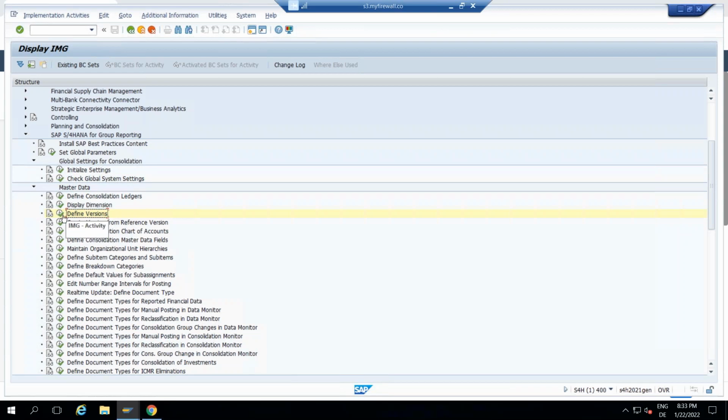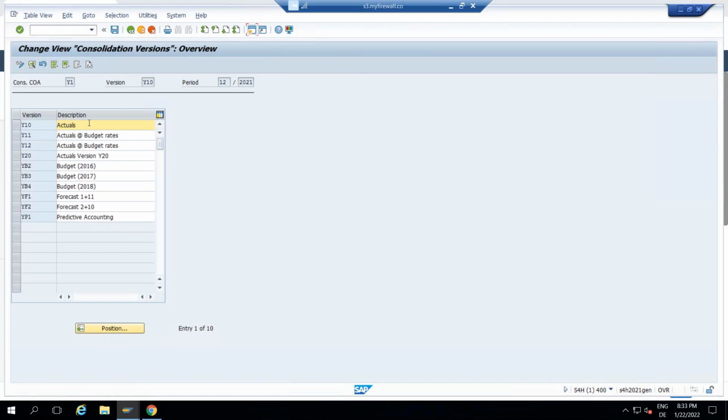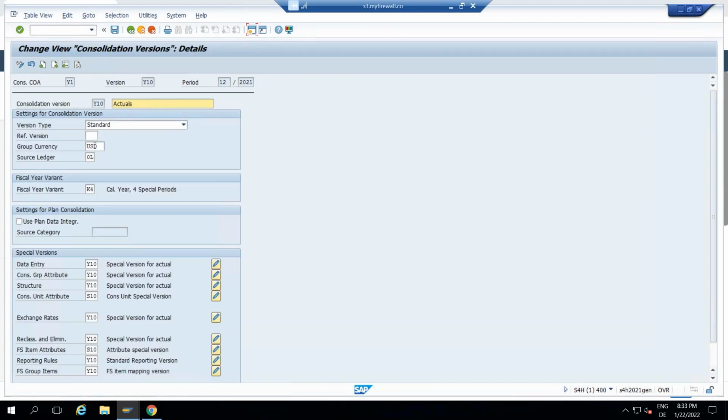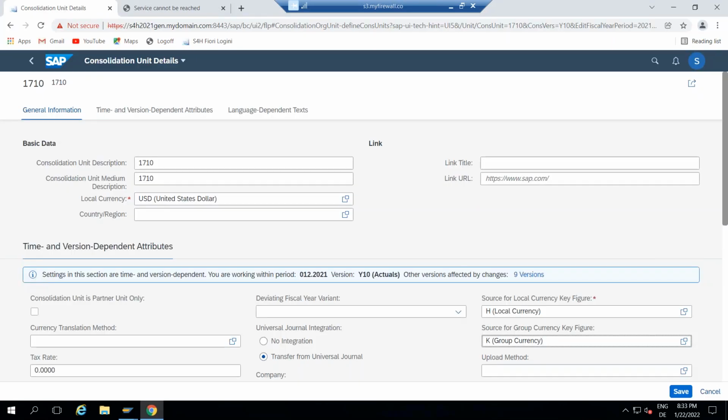As I said, we have to define the versions. In the version, we are going to specify the consolidation currency. Here we have the group currency as USD, so the currency translation is not required. Why? Because your company currency is USD and the group currency is also USD. Then there is no problem for us.